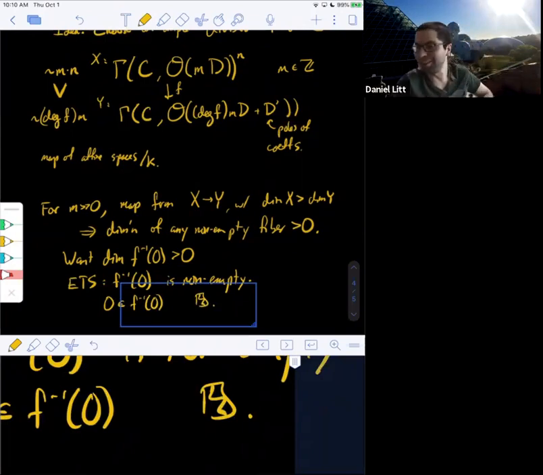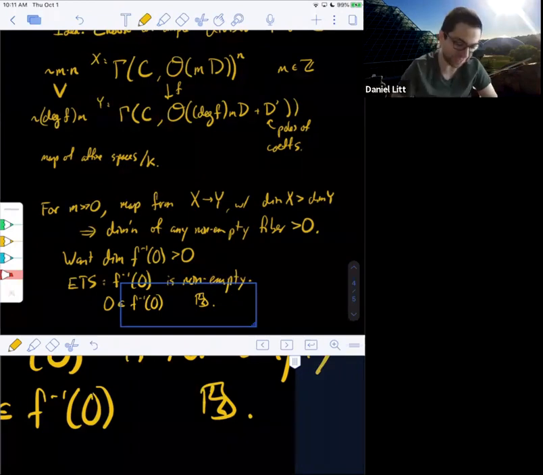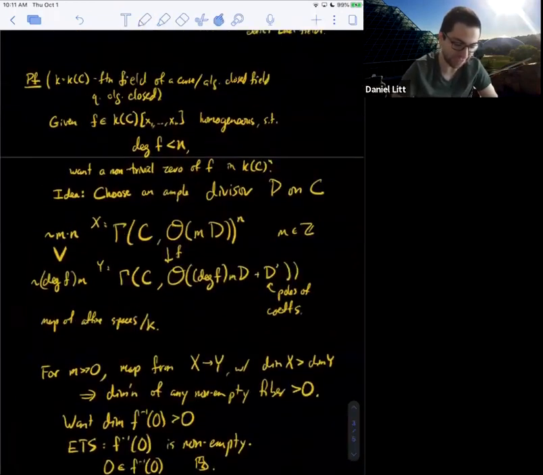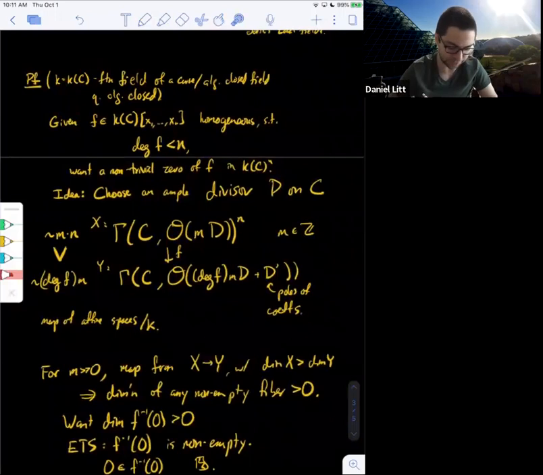I think this is an absolutely beautiful proof. It's one of my favorite proofs in all of math. And you see, here we were proving something that feels, at least to me, like a real algebra statement: that the function field of a curve over an algebraically closed field is quasi-algebraically closed. And we really use geometry. We use the Riemann-Roch theorem. I think it's really awesome.